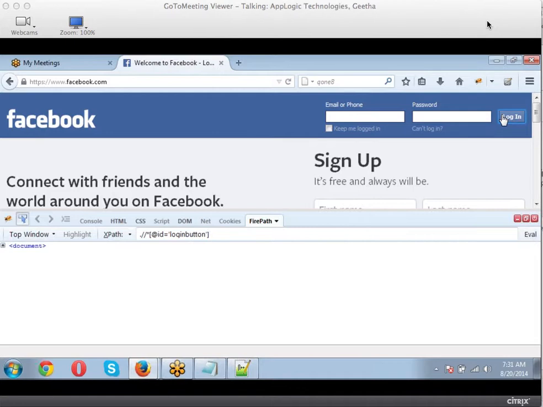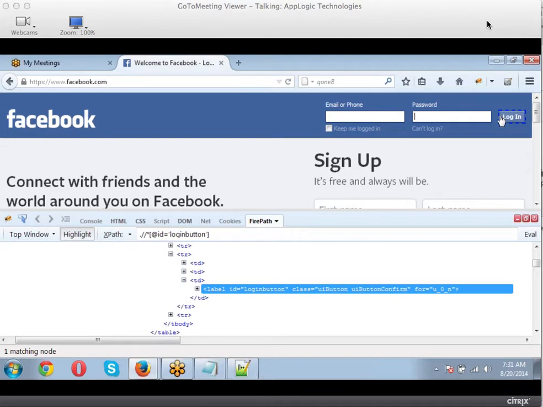So you have to be careful in identifying the objects. Go only with the logical names. Don't go with the irrelevant names, which are not suggested. That is the reason always go with the parent object. So I'm clicking on the parent object, and this is the absolute object name.